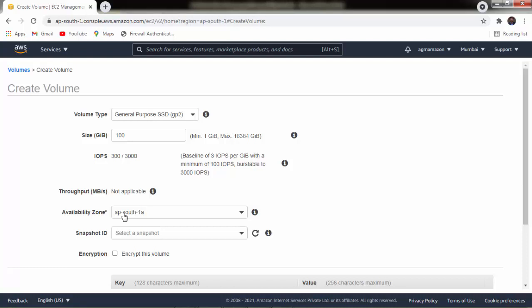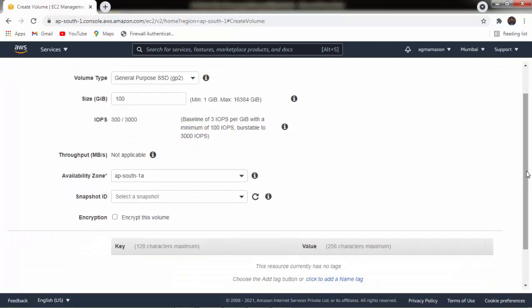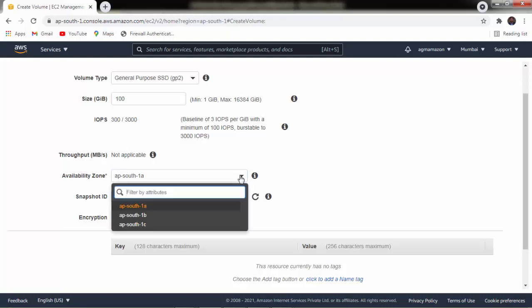The second more important thing here is the availability zone. Here we have to select an availability zone, because once we create an EBS volume, it will be created in one availability zone. So we have to select in which availability zone we want to create the EBS volume. Our region is the Mumbai region, and in it three availability zones are available: AP South 1A, AP South 1B, and AP South 1C.